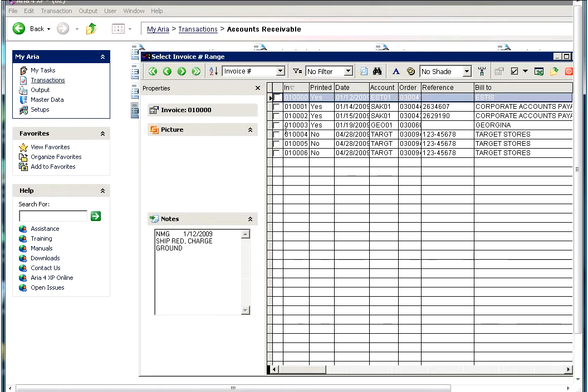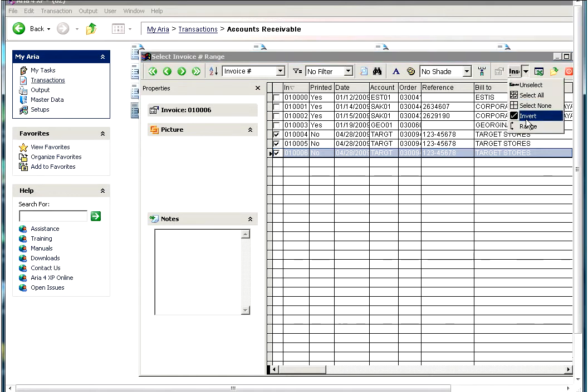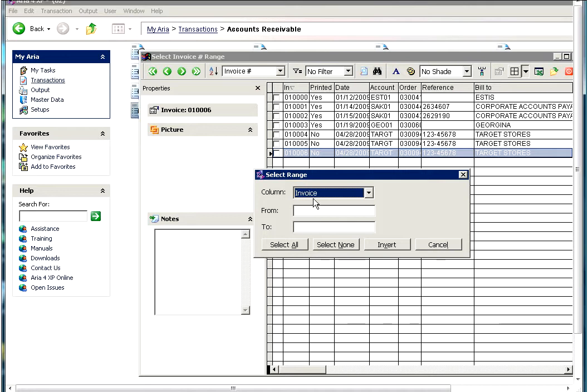be able to select one or multiple invoice numbers by simply checking off the invoice number that you would like to void. You can as well use the other functionality like range and select a range and so on. So here, let us say I unselected the entire invoices and I want to select a range, so I will go again to this drop down, select range of invoices, select by which column, so I'm gonna select by the invoice number column. However, you can furthermore select by any other column like the account or the order number,